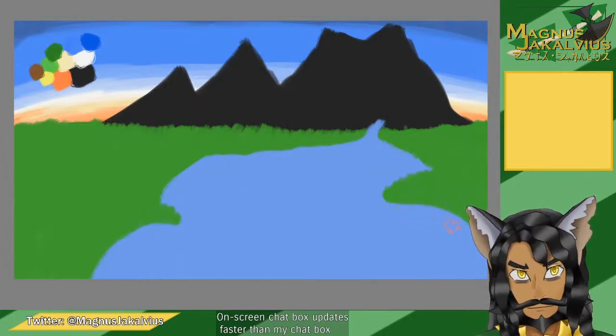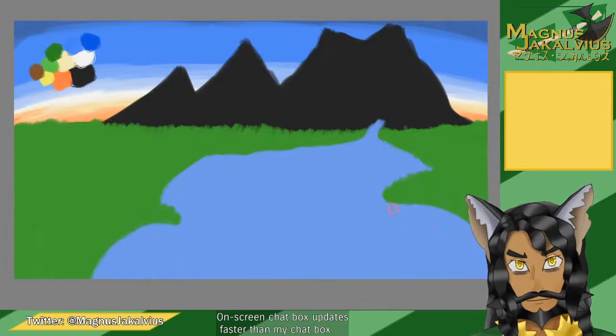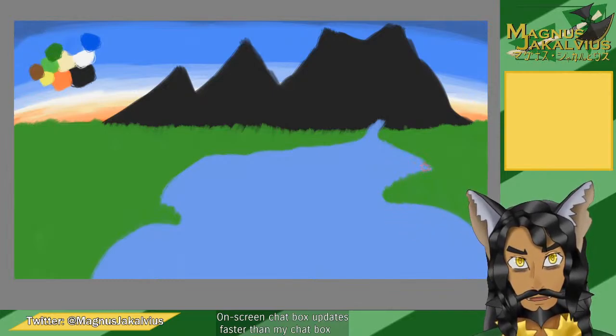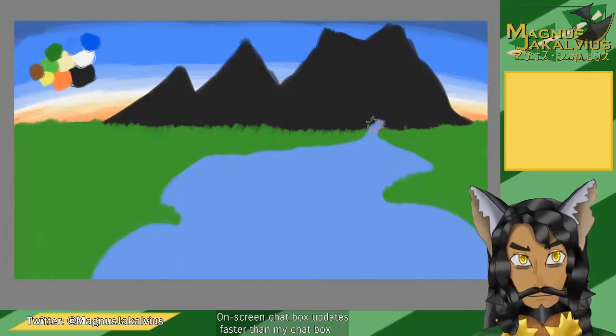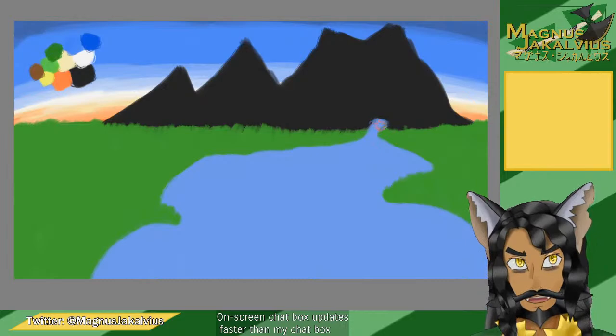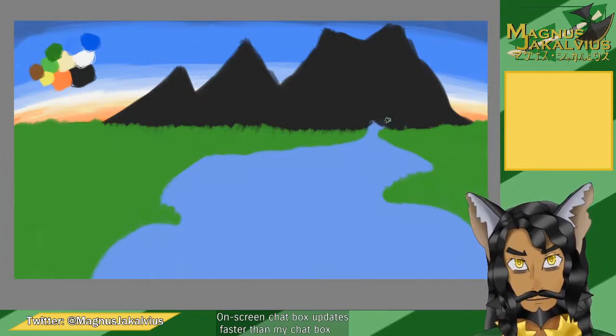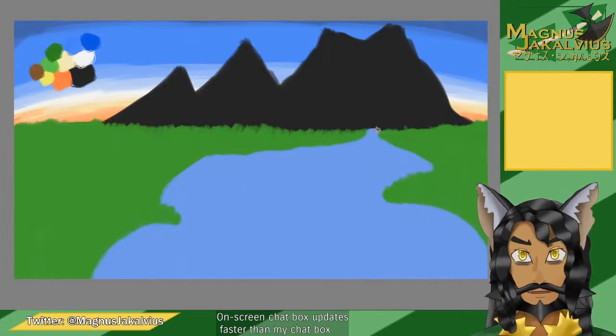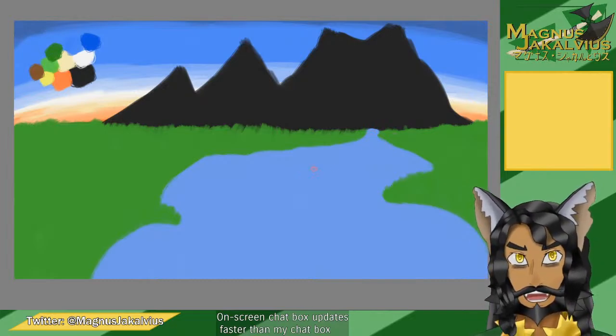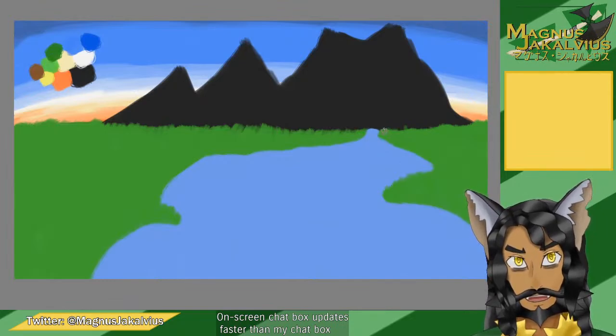Alright. There we go. And now we just want to kind of mesh this into the horizon line and go over it a bit. There we go. Now that we have that going,